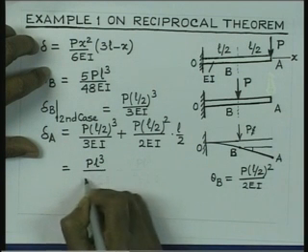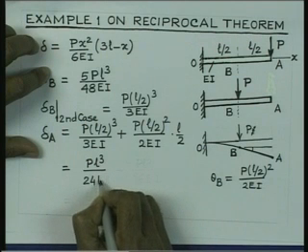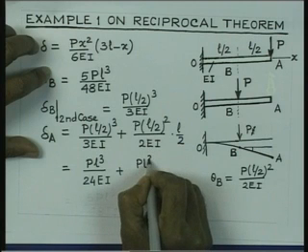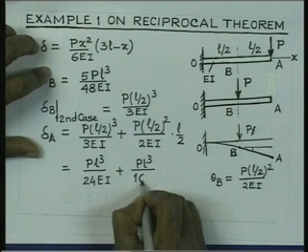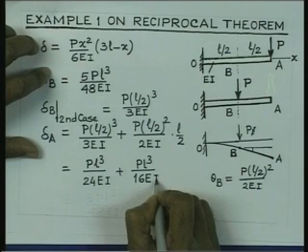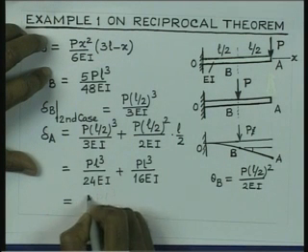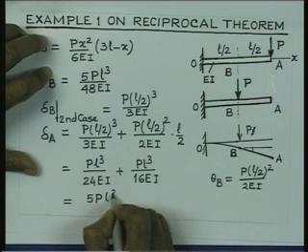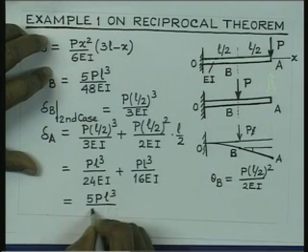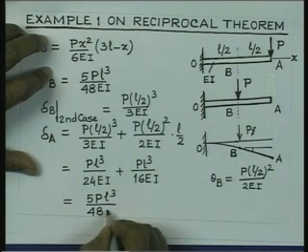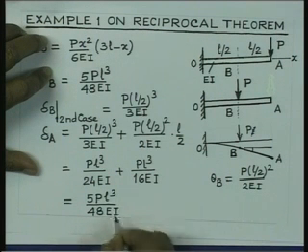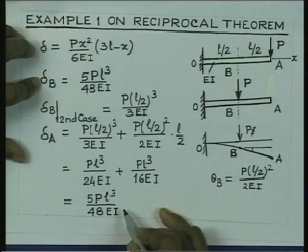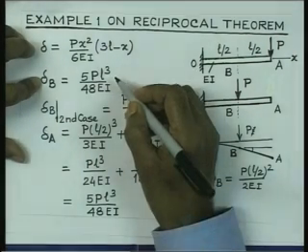P L cube by 24 E I plus P L cube by 16 E I, and the two together gives us 5 P L cube by 48 E I. So, therefore, we see that the deflection in this case and deflection in the other case is the